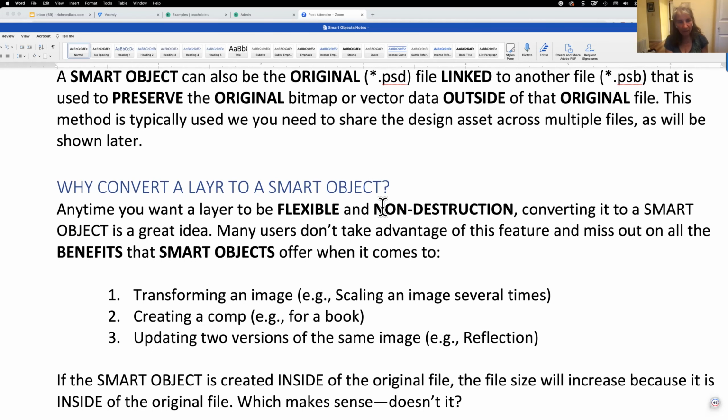Not a problem. So why convert a layer to a smart object? And the key is, anytime you want to be flexible, or as you mentioned, Karen, non-destructive, and that's one of my favorite words, by the way, in Photoshop. Anytime you want a layer to be flexible or non-destructive, converting it to a smart object is a great idea. The problem is many people don't take advantage of this feature and miss out on all of the benefits. And we're going to see there's a lot of benefits of using smart objects